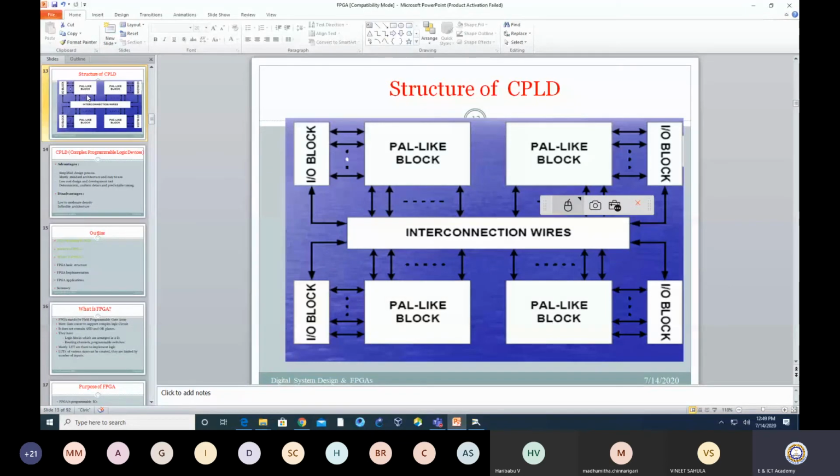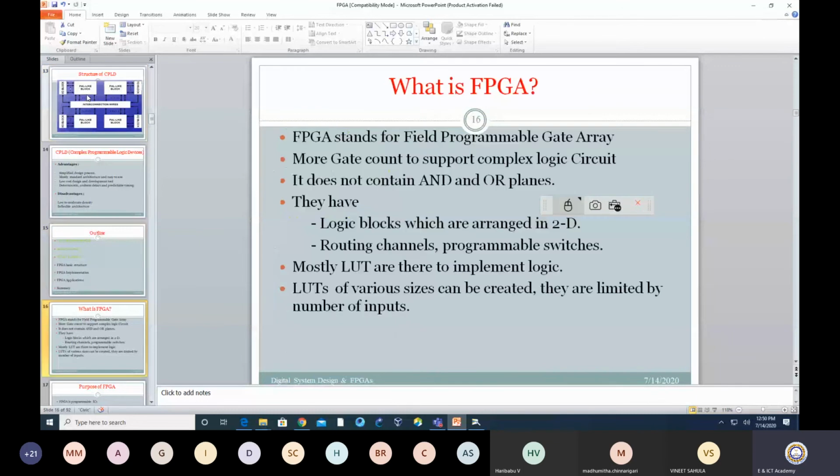कि आप ऐसे CPLD बनाओगे, इसके CPLD में भी कितने PAL ब्लॉक डाल दोगे, ठीक है. So the number of PAL blocks that you can put in a particular CPLD also has some sort of maximum limit. And with a fixed number of PAL blocks, the number of digital logic that I can implement on the CPLD is also limited. ठीक है. So to overcome this, we have one more logic family which is very popular, and that I would like to focus on exhaustively, that is FPGA.